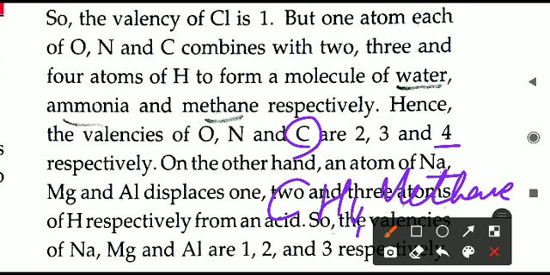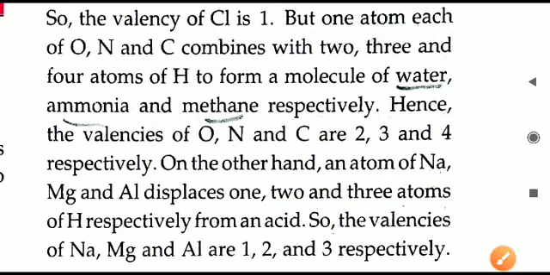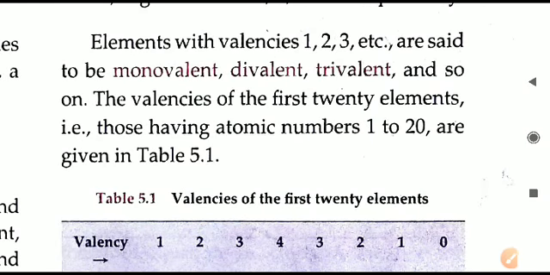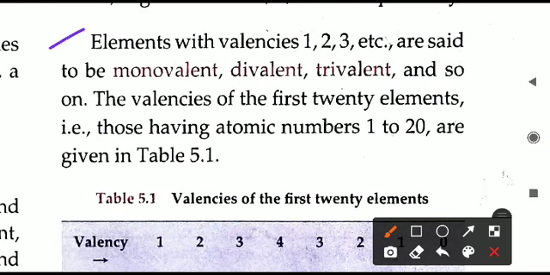So that is how we can determine the valency, based on counting the number of atoms which are joined with each other in a compound. Just see the formula and you can easily find out that thing. So now we will see that based on this valency, some terms are going to come. If the valency of any element is 1, then we will say it is monovalent.